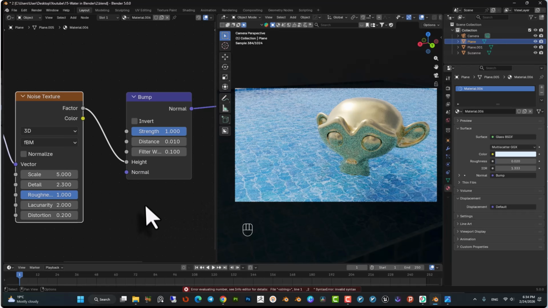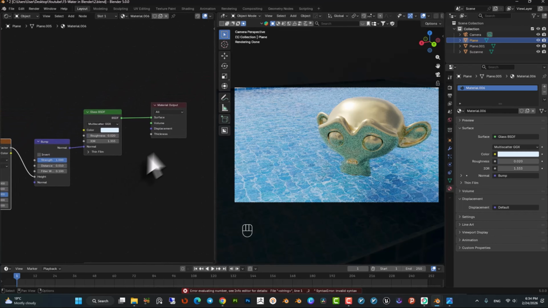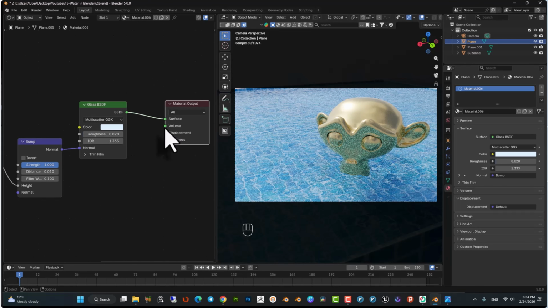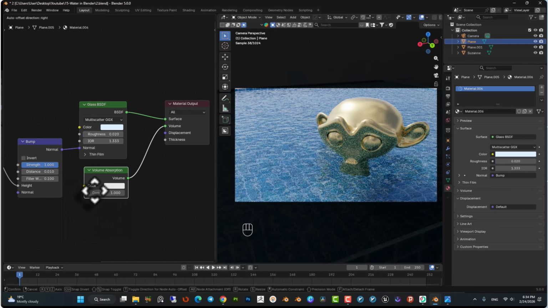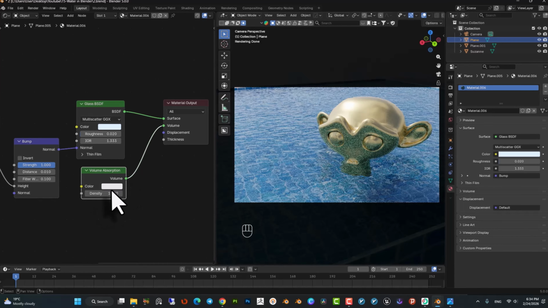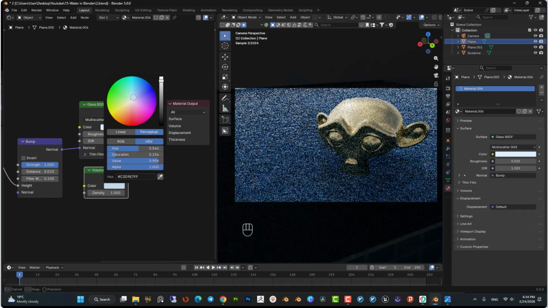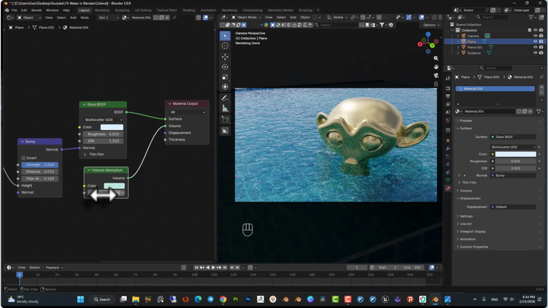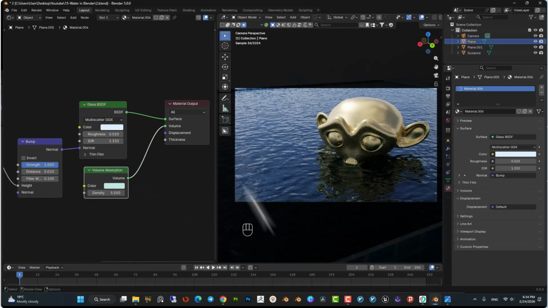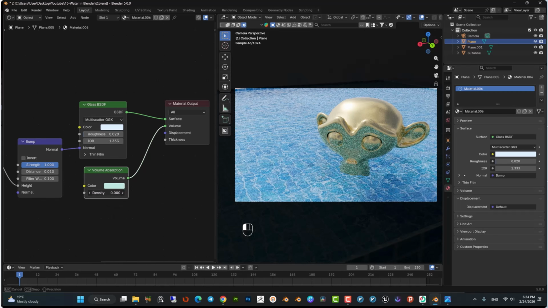That's fine. Let's add a volume absorption to adjust the depth of the water. You can change the color. I choose this color for that. That's fine. And if you increase the density, you can see the difference between this number or 0. I use 1.6